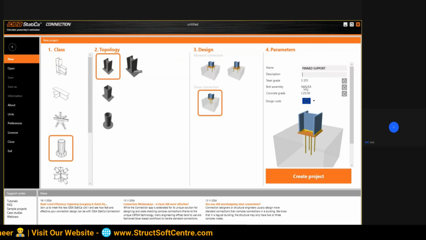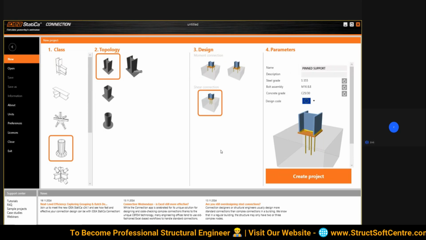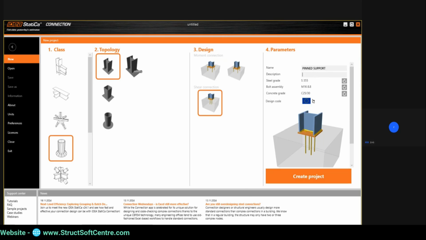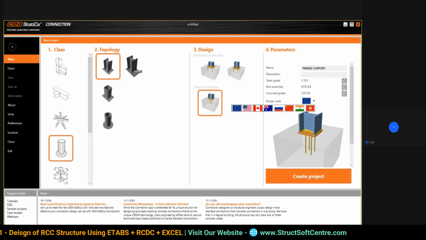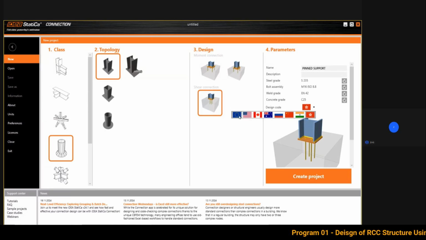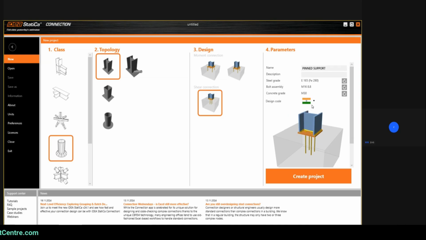This is simple. Here you have to choose your grade of steel. Again, one more thing: there is one problem with IDEA StatiCa. Whenever you are designing a base plate, or any connection which is finally connected to the concrete, the design code you can use, here you have various options: European, American, Canadian, Australian, Russian, Chinese, Indian, and I think this is Hong Kong. But whenever you are designing a member connection, maybe a steel to steel connection, you can always go with Indian code. But